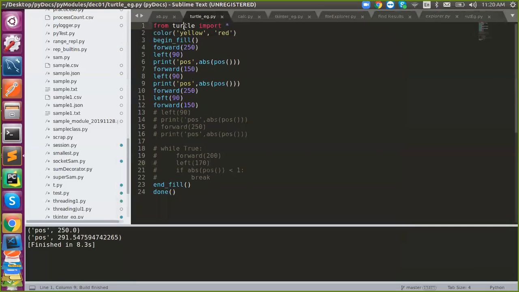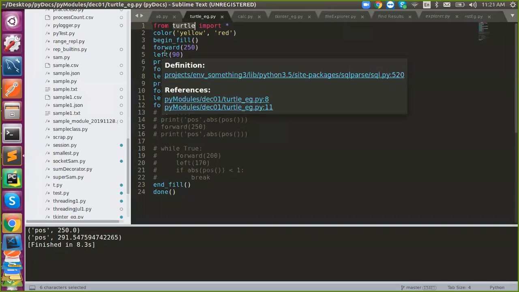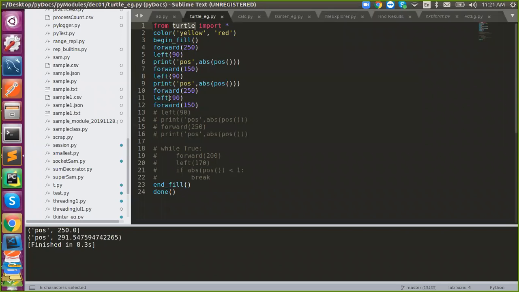I'm just saying this kind of package is also available. It's called Turtle. You need to run pip install turtle. You can draw a star, anything you want. Forward means it will move forward 250 length, and left means it turns by an angle. So left 90-degree angle, and right 90-degree. Forward means it will go forward, left means it will turn direction, by whichever angle you want. And you can apply color also. This is about Turtle. We have a lot of packages.